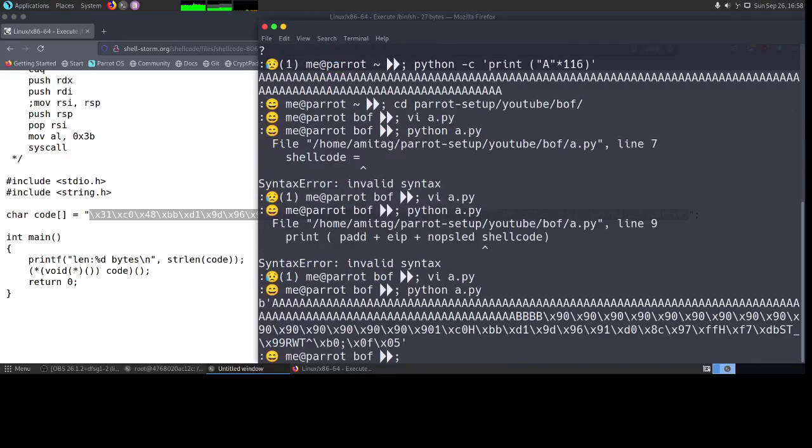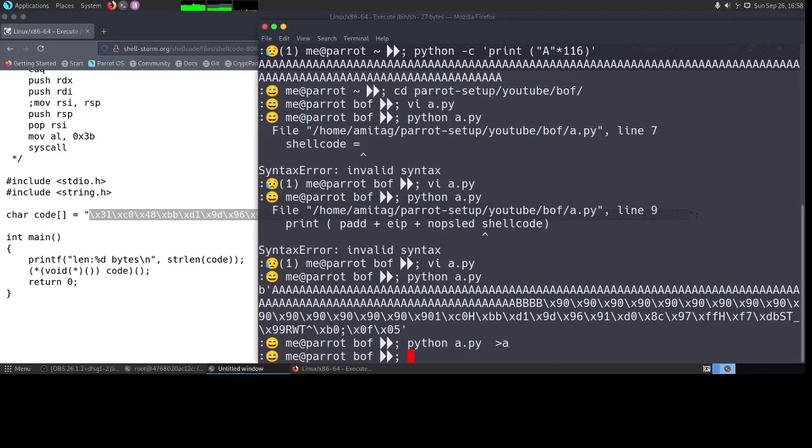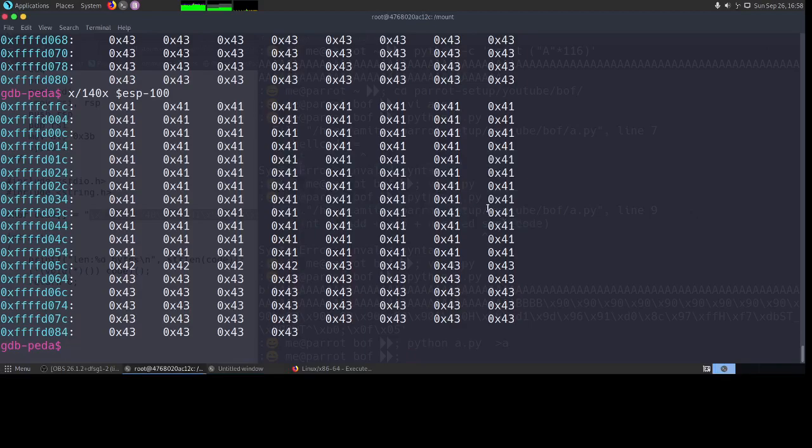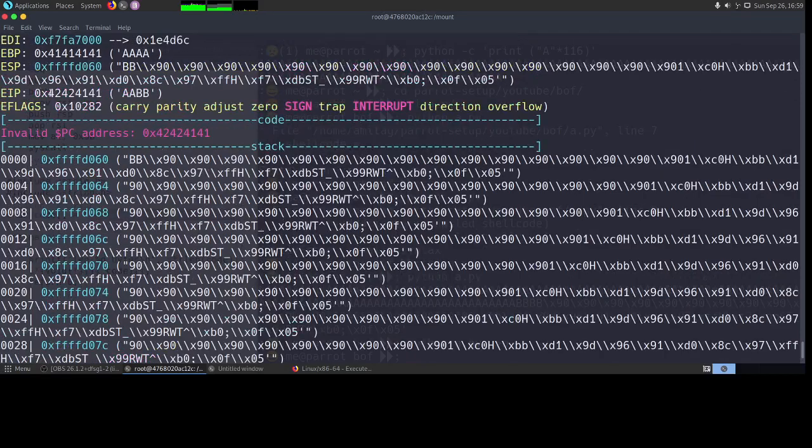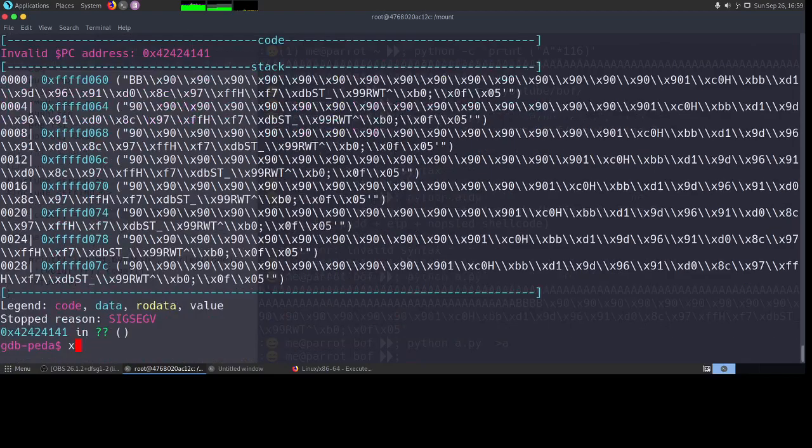Okay. Now we are able to print this. Let's write it into a file called A and go back to our terminal where we had GDB running. Now I will run this and supply that A as my input, and let's see what happens. Okay, so when I run this, I can see that again my EIP is written with 42424141, and then I can again do that examine 40x $ESP.